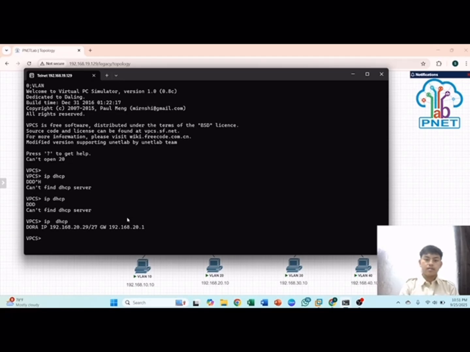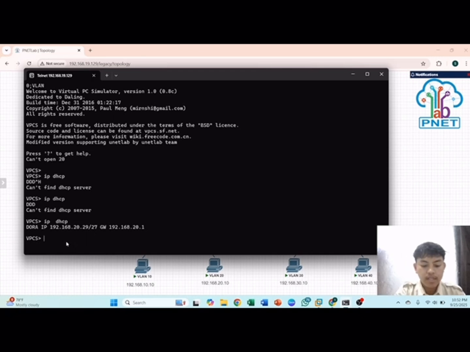I fixed it, and you can see this IP DHCP changed in Dora, and the IP address is fine.